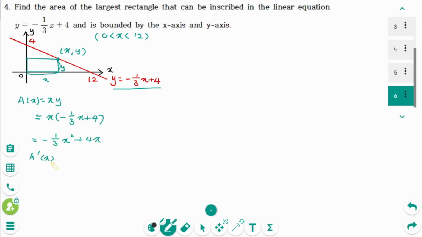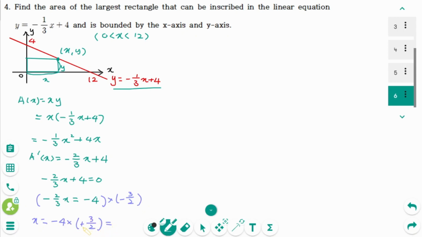Then A prime of x equals minus 2 over 3x plus 4. To find the critical numbers, we equate the derivative to 0. Minus 2 over 3x plus 4 equals 0. Minus 2 over 3x equals minus 4. Then times minus 3 over 2 on each side. That means x equals minus 4 times minus 3 over 2 equals, make positive, 2 times 1, 2 times 2,